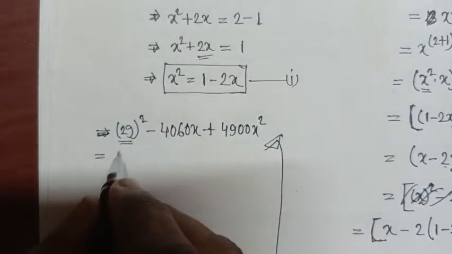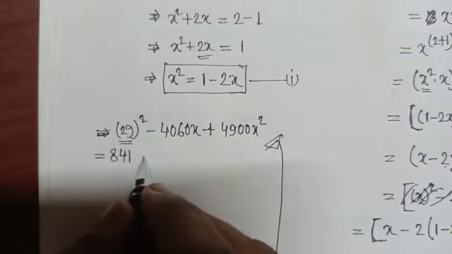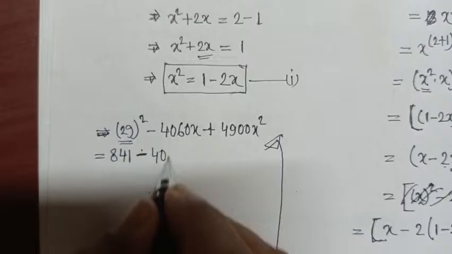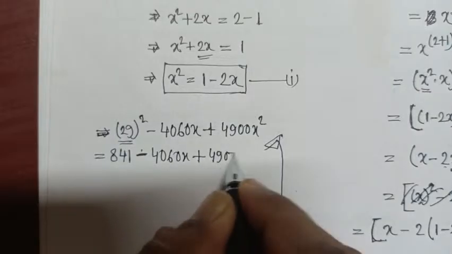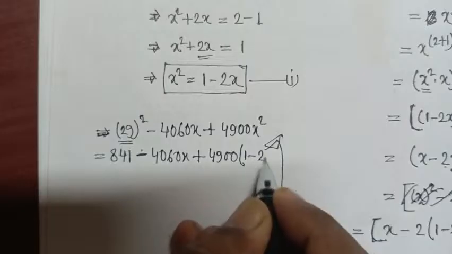We got from here the value of 29 square is equal to 841, minus 4060x plus 4900 into 1 minus 2x,